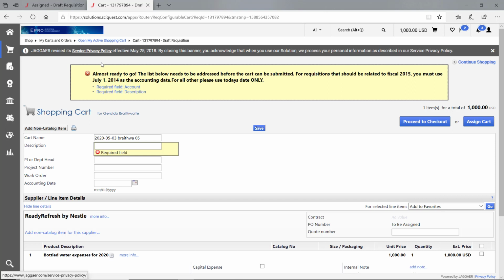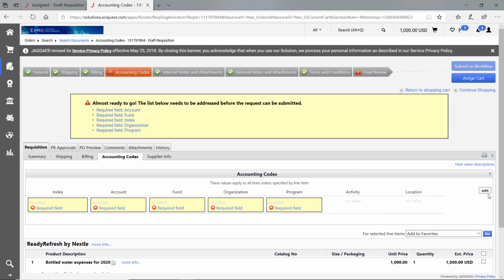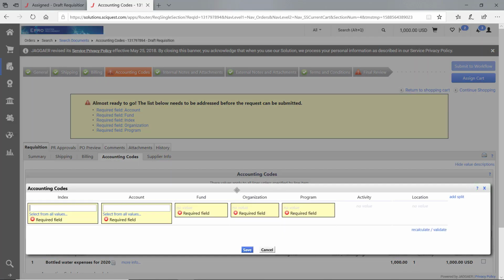So on the simple checkout screen, I have to enter the description. So blanket order test. And then I can hit proceed to checkout and enter my accounting codes. Now, just to reiterate some of the things that we've already went through in this training, if I do not know the accounting codes, I can always assign the cart. But as a requester, once I enter all the required information,